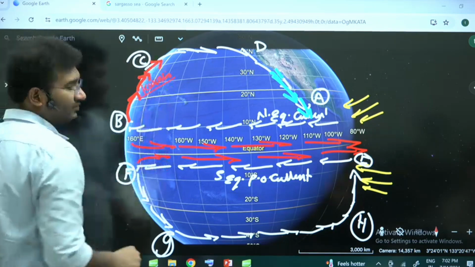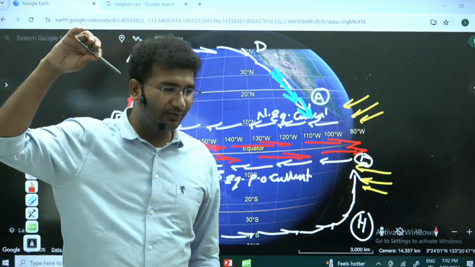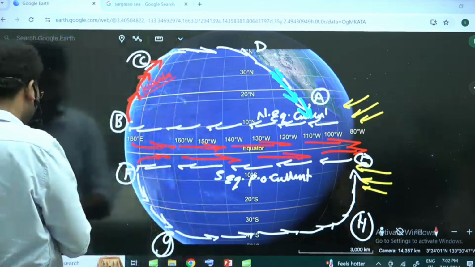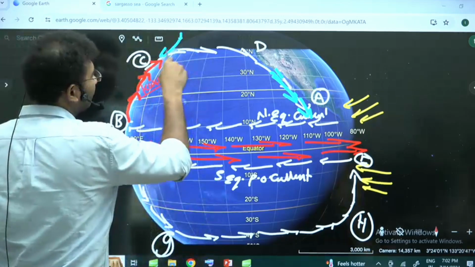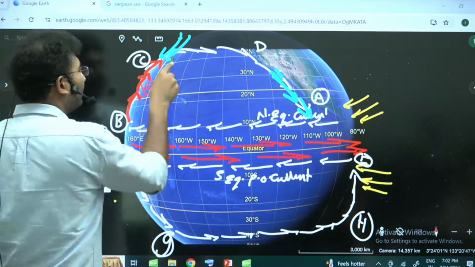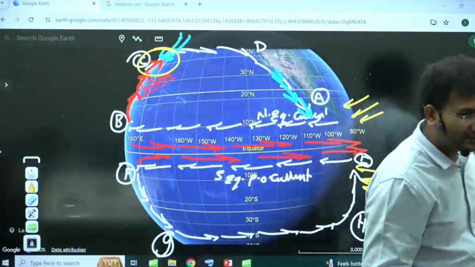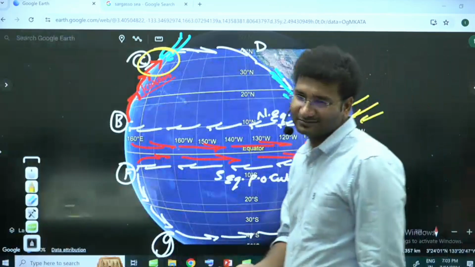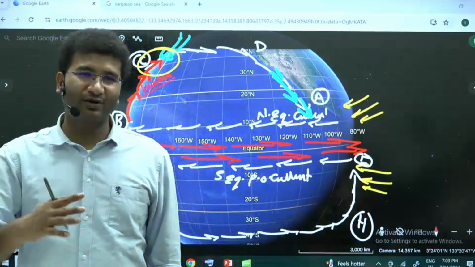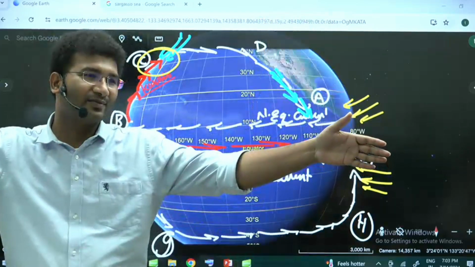But like the Labrador current, there are also cold water currents coming from the polar region. That is Oyashio. So here you find Oyashio. From the polar region water comes, and again, can you see the mixing of cold and warm water? What do you get to see? Good fishes. If there is a continental shelf, again you have more fishes. Japan is very strong in technology, so what they do is they take their ships and station them there itself.